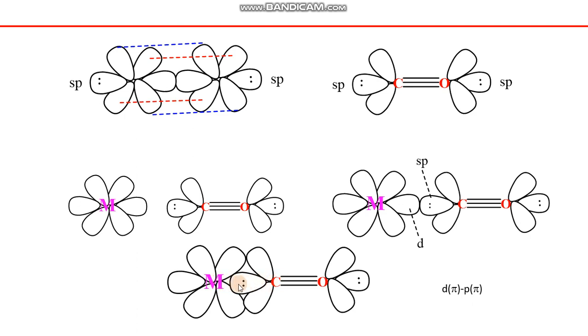So let us summarize it, where soft metals are and what type of